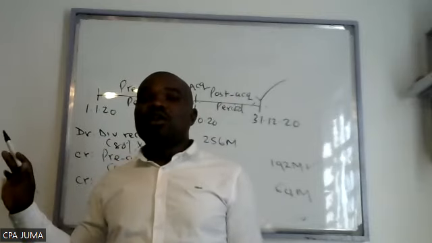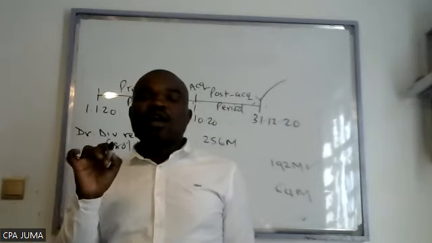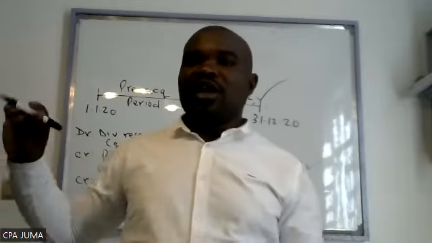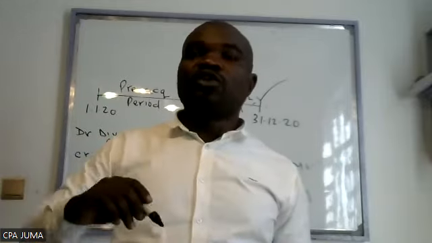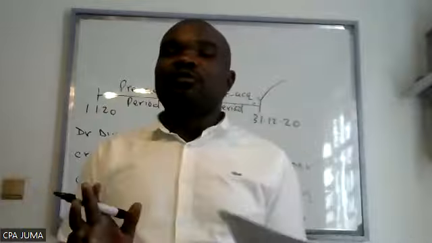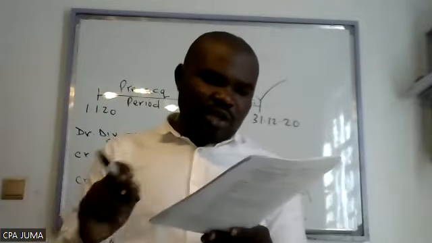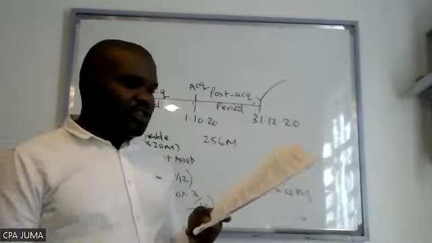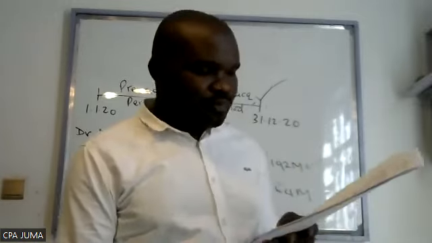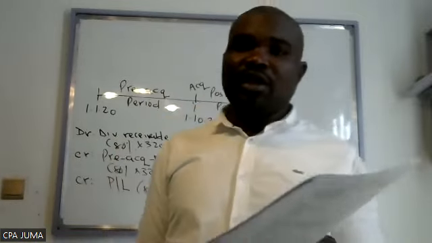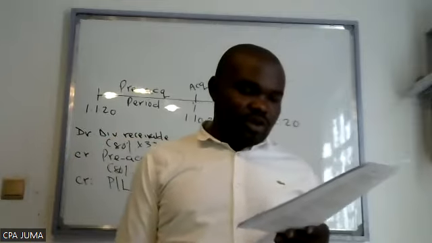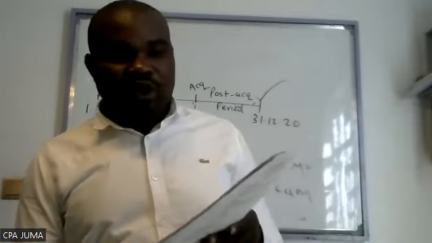When you lack 51, then you either have joint control or significant influence. So joint control and significant influence are accounted for using the equity method. So the next question will be, what is this equity method? Equity method is a method of accounting